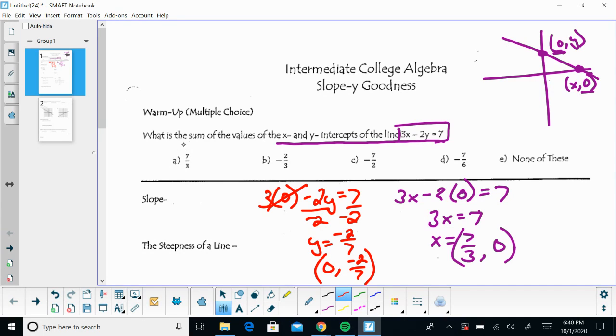Now this question wants us to find the sum. So to find the sum, I would have to add them together. So that would be 7/3 plus negative 2/7. We have to get common denominators. So the least common denominator would be